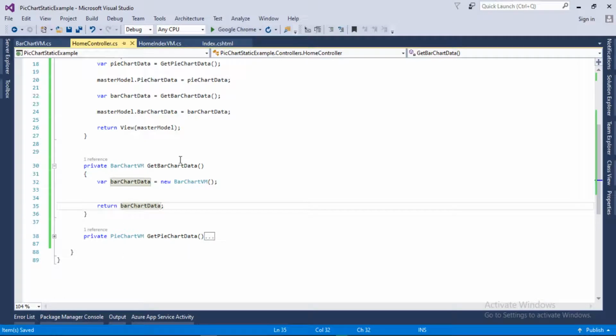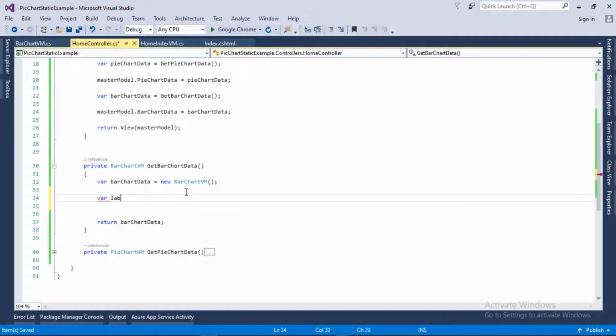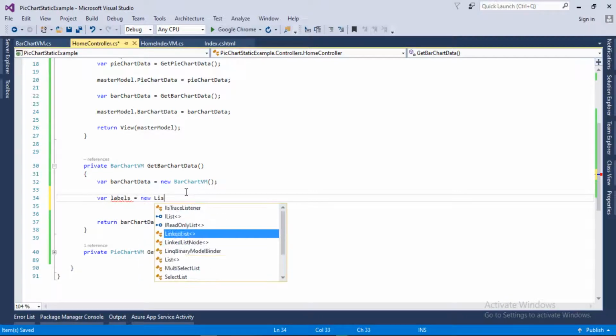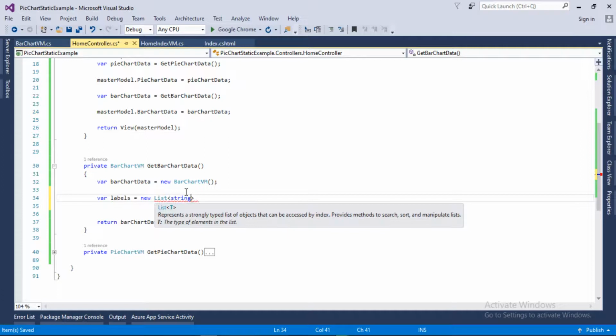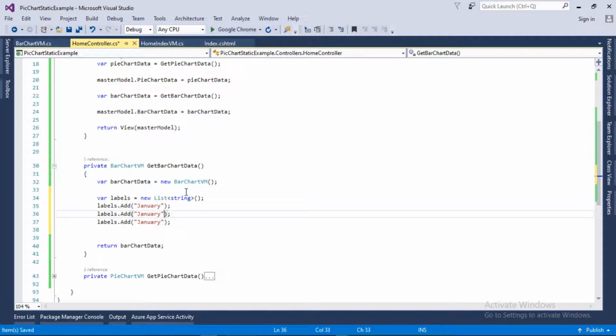So we will go back to the home controller and create a list, and this will be a list of strings. Similarly we need to add some labels here. The first one will be January, and I will copy this and paste it.